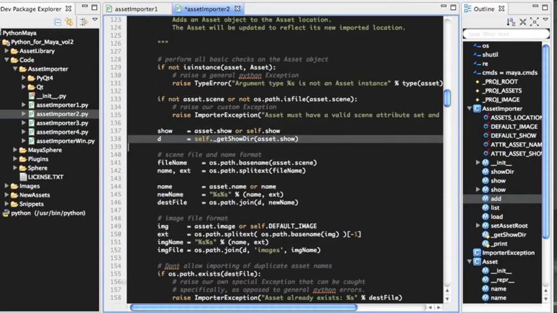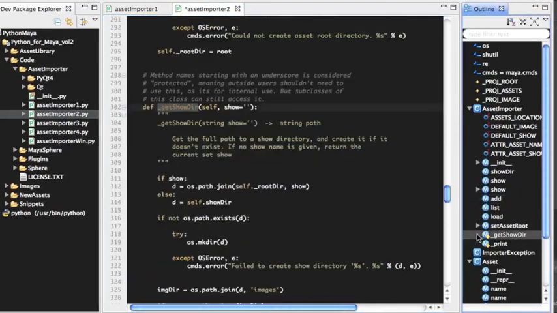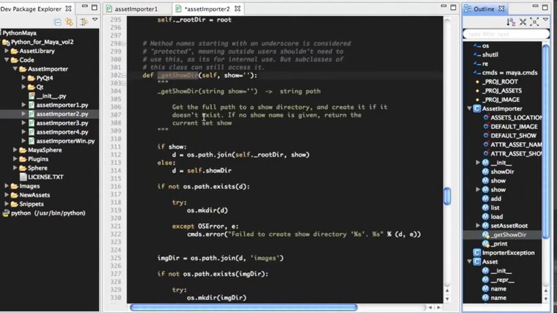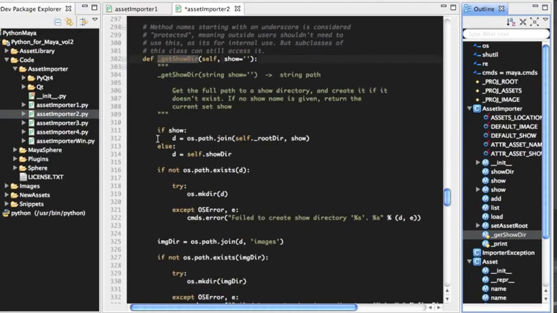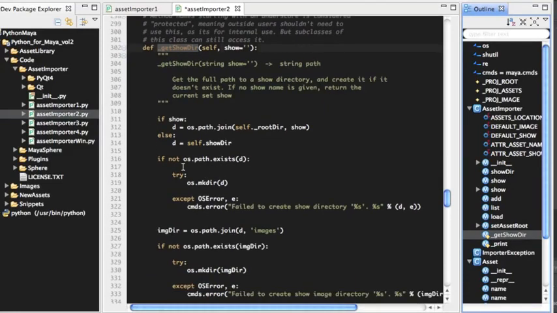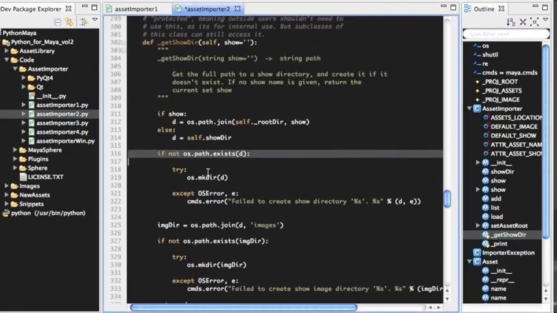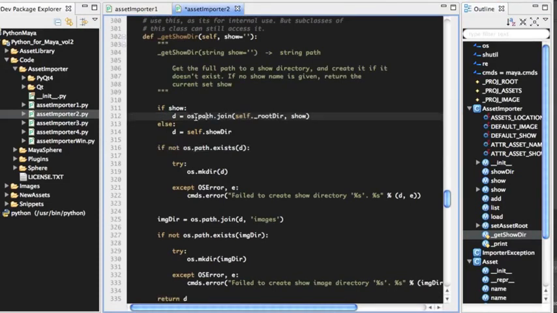Now, what is that function? That's a private function we made, or a protected function, because that's for our internal use. So we're going to jump down here into get show dir, and this returns the show directory, kind of similar to show dir property, but it also checks if it exists. If not, it makes it. What it does is you can give it a show. So if they gave it a show, we're going to join it with the current root directory and show. Otherwise,